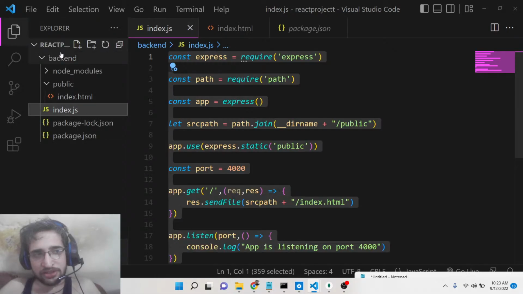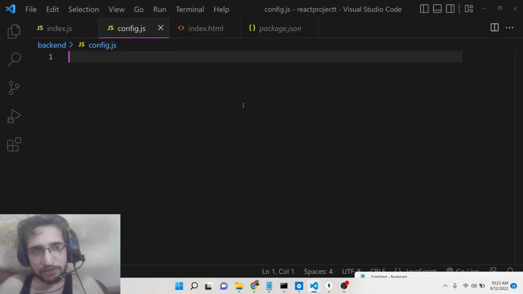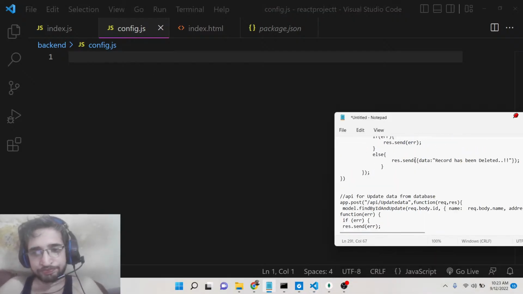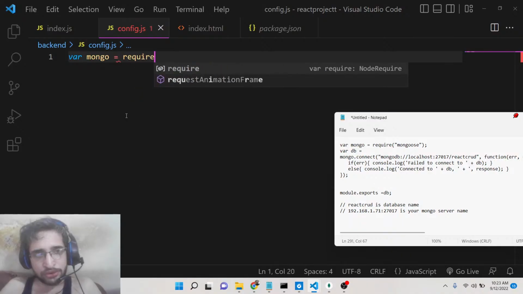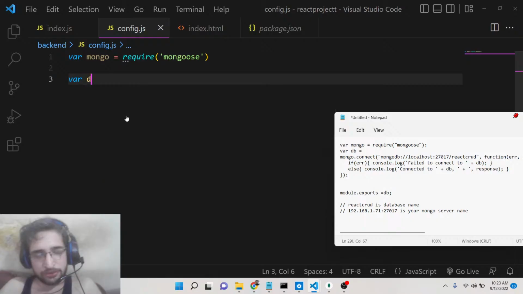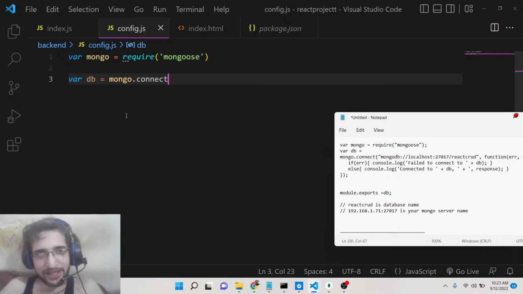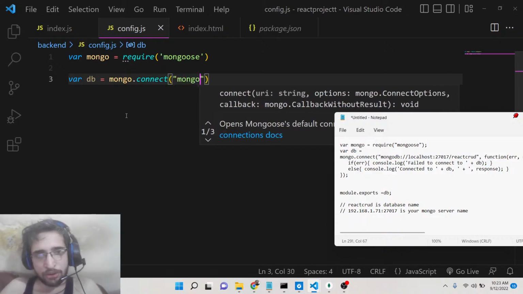Now we need to just write a file which is called config.js. Here we will write the code for the connection to the MongoDB database. This connection code is very easy, guys. First of all, we will import the mongoose library, mongoose. You can see that mongoose. After importing this, we need db, and here we will use the mongoose.connect method to connect to the database. So here we will simply say mongodb